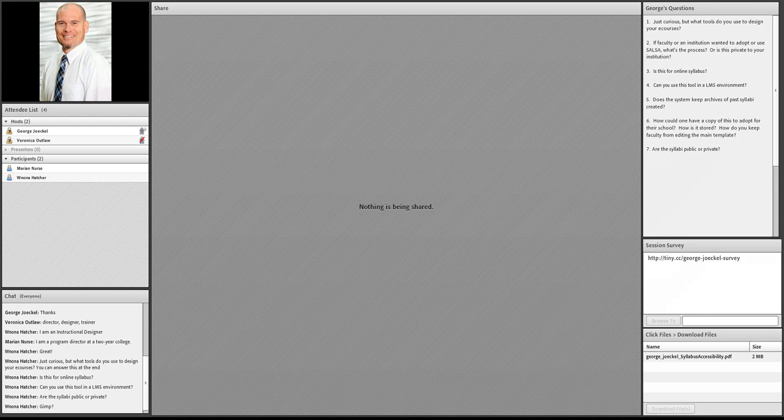Okay, if a faculty or institution wanted to adopt or use Salsa, what's the process, or is this private to your institution? Okay, it's absolutely not private. It's open to everybody. Generally, there's a couple of different routes. One route is that the institution could go to GitHub and download the code and run their own instance.